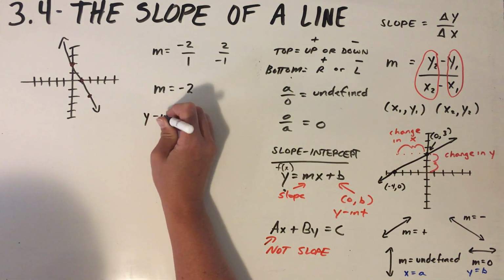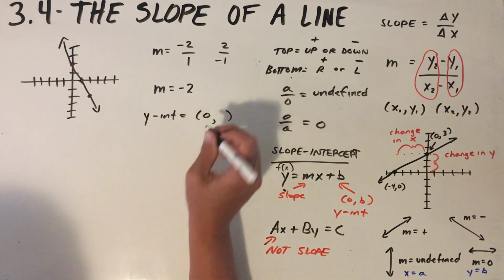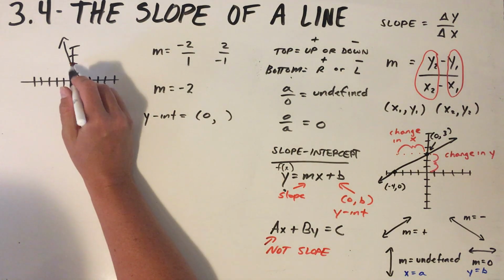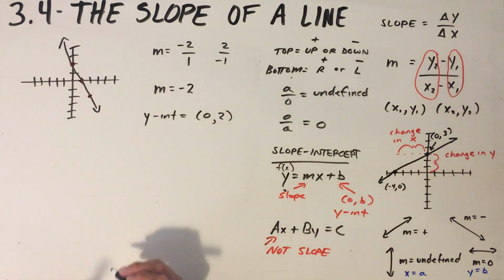Now, my y-intercept is literally where this crosses the y-axis. And that crosses the y-axis right here at the point 0, 2. Okay, so looking at this graph,